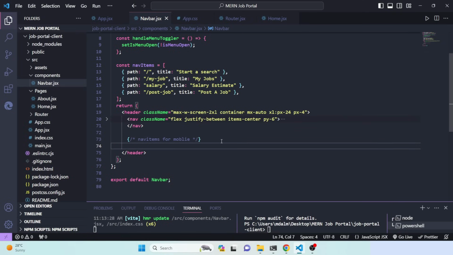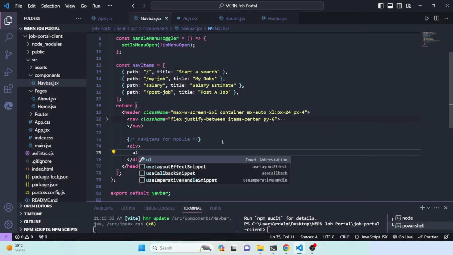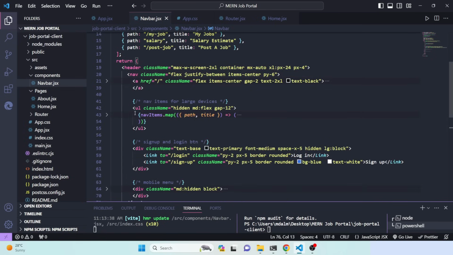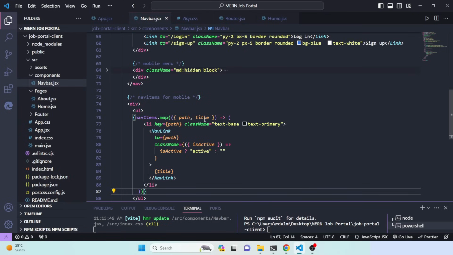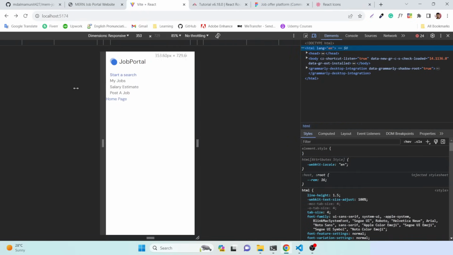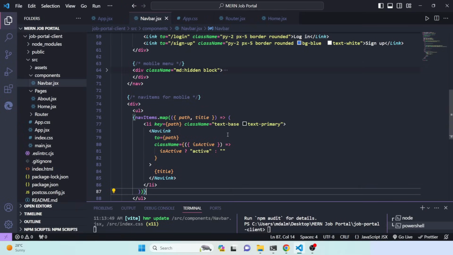and here we'll take a div, then we'll take a ul. Inside this ul we can copy everything from here, so from our first nav items, copy it here. If you do this right now, you can see the items are here, but we have to use a conditional. So that's why